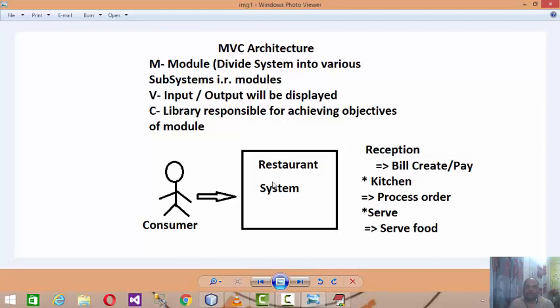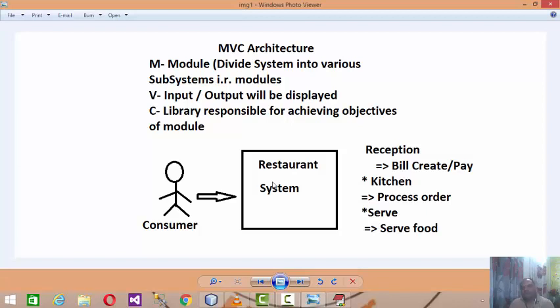And the next module will be the serve module. Whatever the outcome of the kitchen module, obviously it is the food, you need to serve it to the consumer. So we are assuming the restaurant as a system, and there we divide it into three main modules: reception, kitchen and serve.